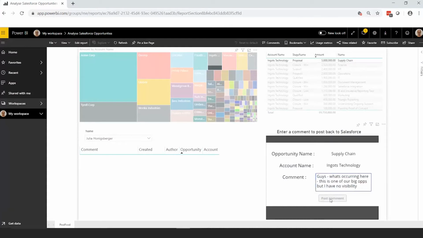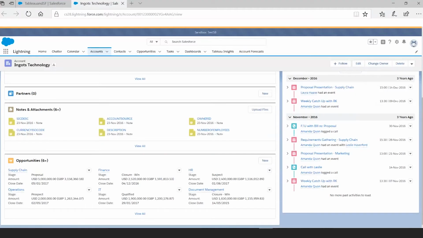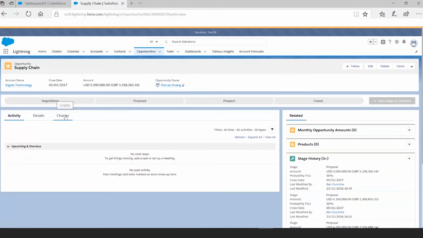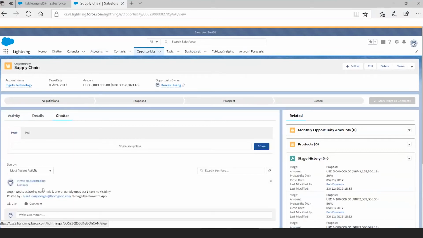I now just click Post Comment. That then has been pushed back into Salesforce, and I'm going to go back to that other window that I've left open from before, and if I now click on that supply chain opportunity and I go to the Chatter panel, what I can see just now, the comment that I put into Power BI has been pulled through into the Chatter commentary,